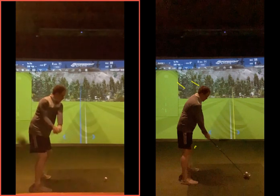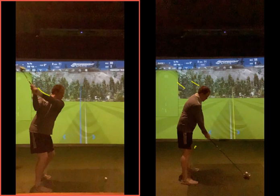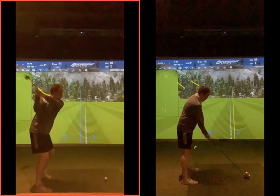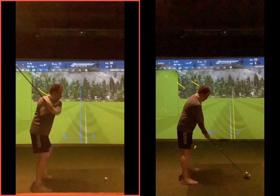As you get to about here now, that left wrist kind of rolling. As we get to about here, this left wrist now starting to cup. As we get to the top of the backswing, that sort of high left arm, slightly cupped left wrist as a result, causing that club face now to come back. As you start pulling that club in here now, the angle in the left wrist increased, club coming down steep,